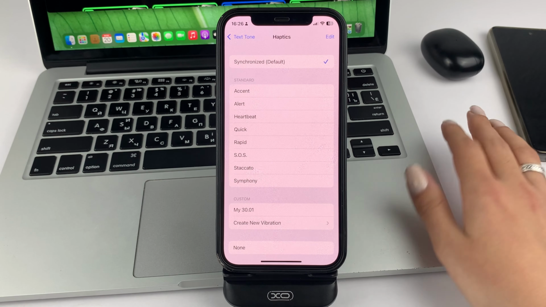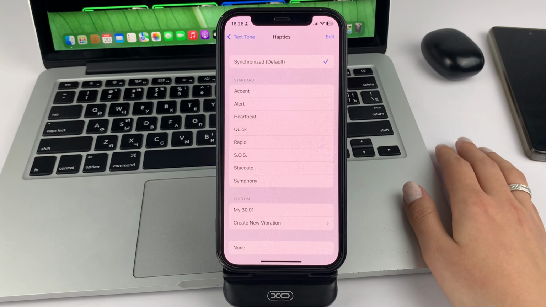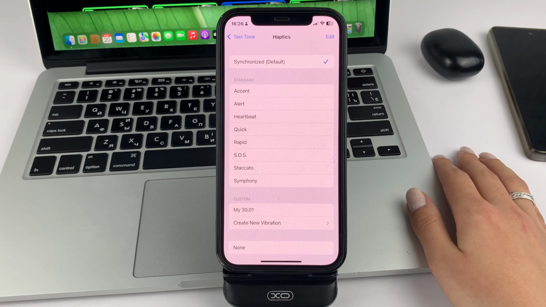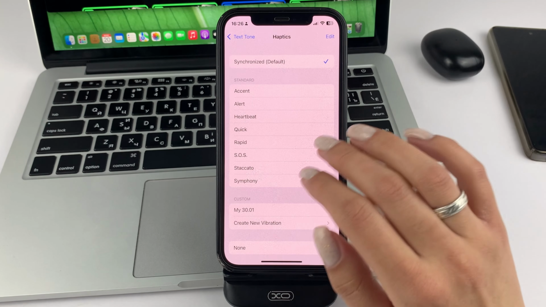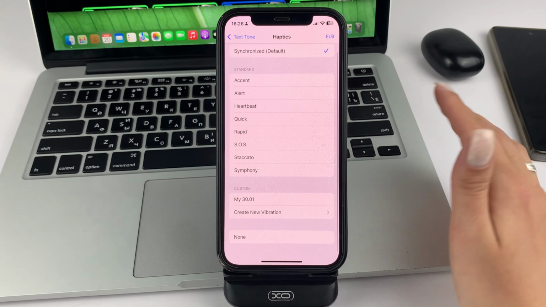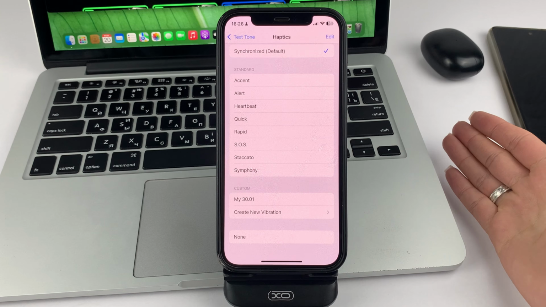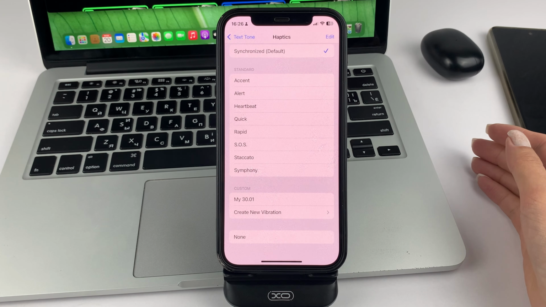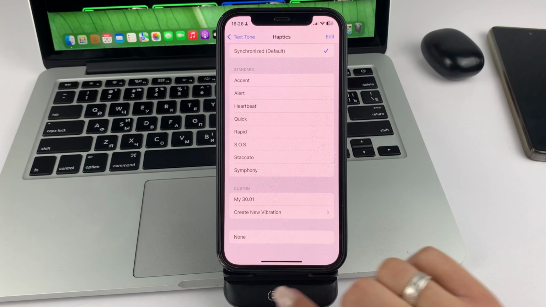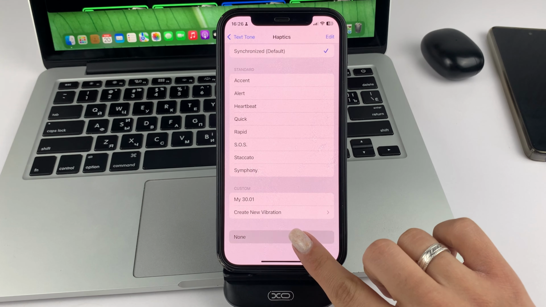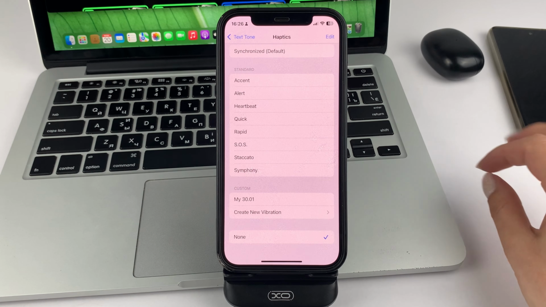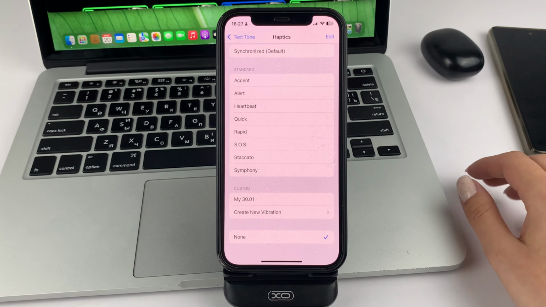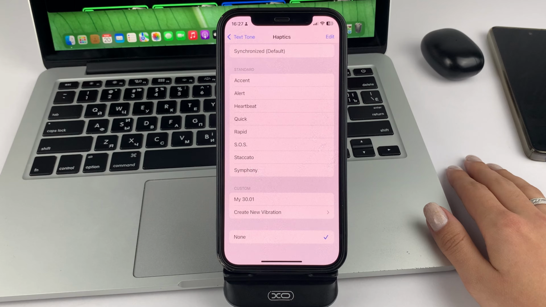Next, if you need to turn on vibration, you can easily do that by selecting any vibration from the ones that are offered, for example, in the list. Also, friends, if you want, on the contrary, to turn it off so that it does not disturb you when you receive a notification, then at the very bottom, click on the last option, Disable. And now you won't have any vibration when you get absolutely any text notifications.